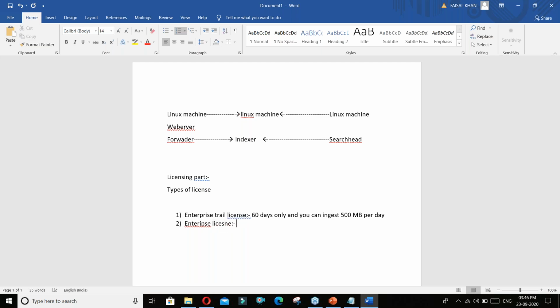It will be on a yearly basis, a term license you can say. For example, you can buy it for 1 year, 2 years or 3 years, and there will be a limit on the ingestion. For example, if you purchase for 1 TB, you can ingest 1 TB of data. That's how licensing works at the back.